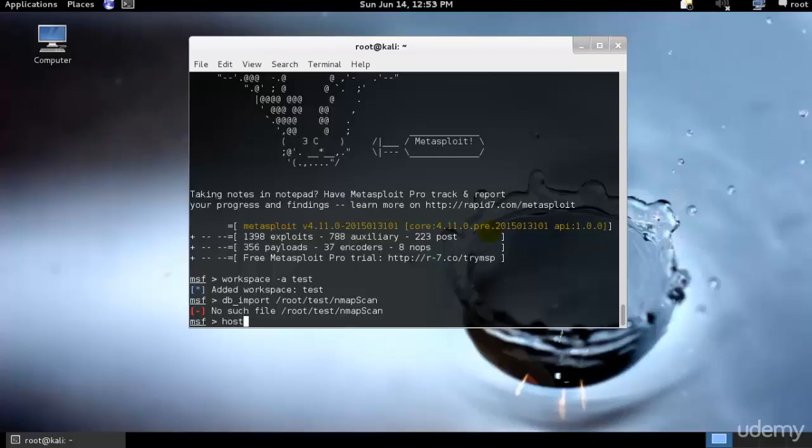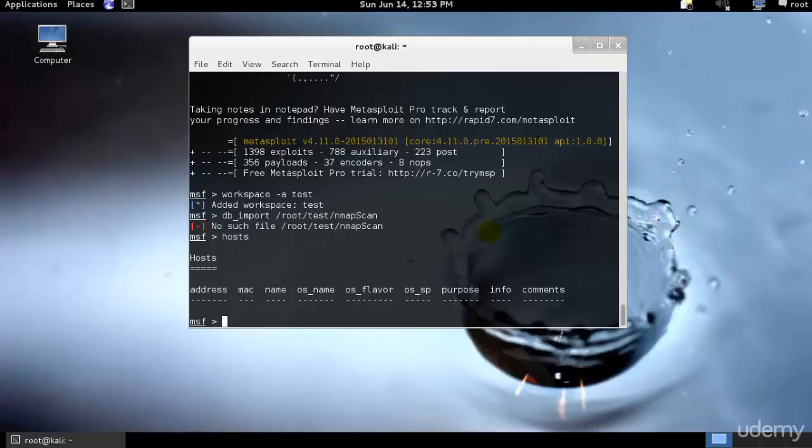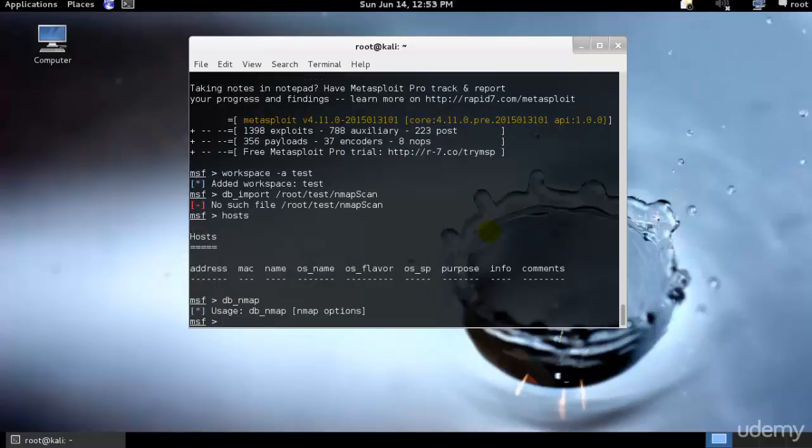So you could just type hosts, and it will show you all the associated commands over here. This will display all the hosts stored in our current workspace. As of now, I don't have any. We can also scan a host directly from the MSF console using db_nmap. So just type db_nmap, and it will show me different options. Scan results will be saved in our current database, and the commands work the same way as the command line version of nmap. That's db_nmap -A